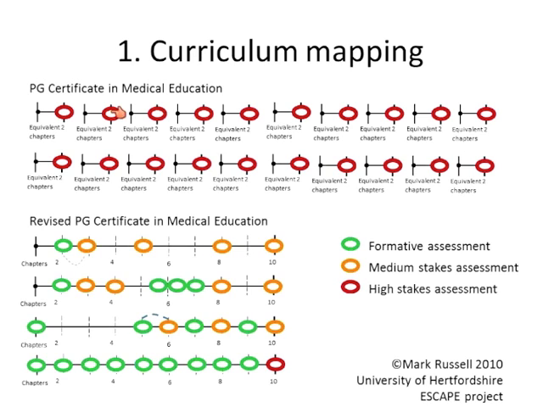And so what you see here is our old program, and it was composed of these little modules with one assignment at the end of the module that was a high-stakes summative assessment. And by the time the student got their feedback, they've often moved on to the next module, if not 2 modules down the line. So really, there was no sequencing of feed-forward opportunities, and they could do these units pretty much in any sequence they wanted.